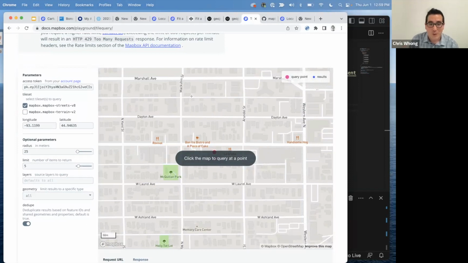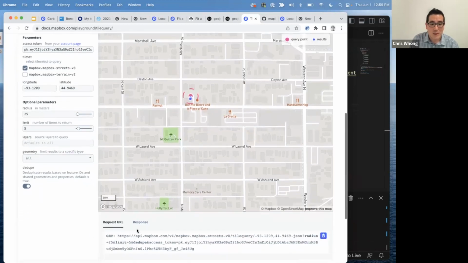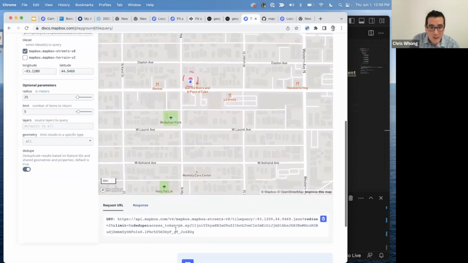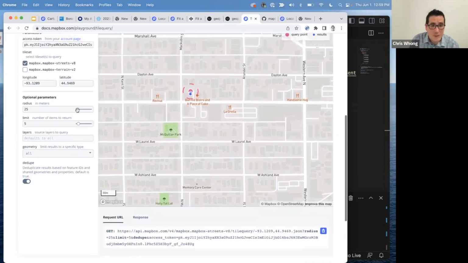So for example, on this tile, there are street features making these lines. There are building footprint features making these little building footprints. There's this point of interest for this restaurant. There's this park. So if you just click on the map, you'll see that it's doing an API call back to Mapbox and then requesting features from this tile that are within a certain distance from the point that I clicked. So I can actually make this radius a little bigger.